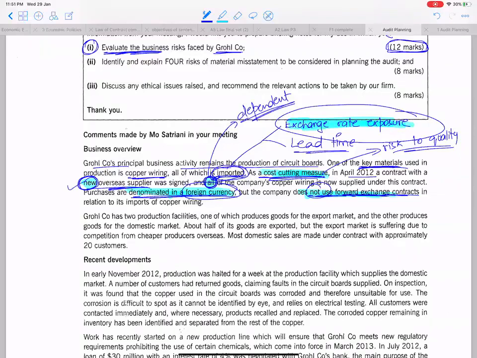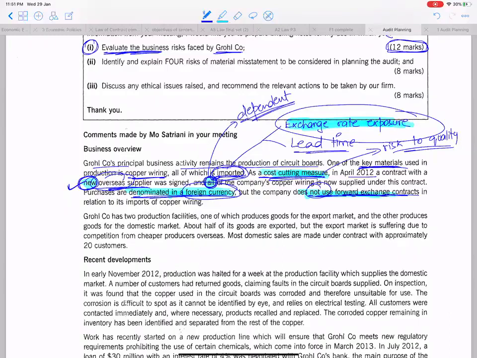You can write an evaluative comment that that supplier is new. We don't know anything about him. Now, first is that all of the wiring is supplied from a single person. It is itself a risk. That supplier is new. This increases the risk. That supplier is overseas. This also increases the risk. As he lives overseas, it is very difficult to file a case because there will be a difference of laws between two countries. Okay?